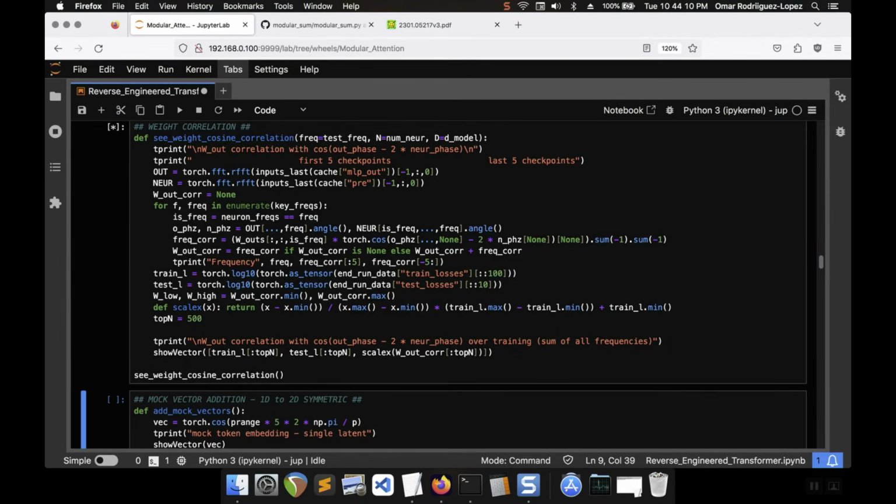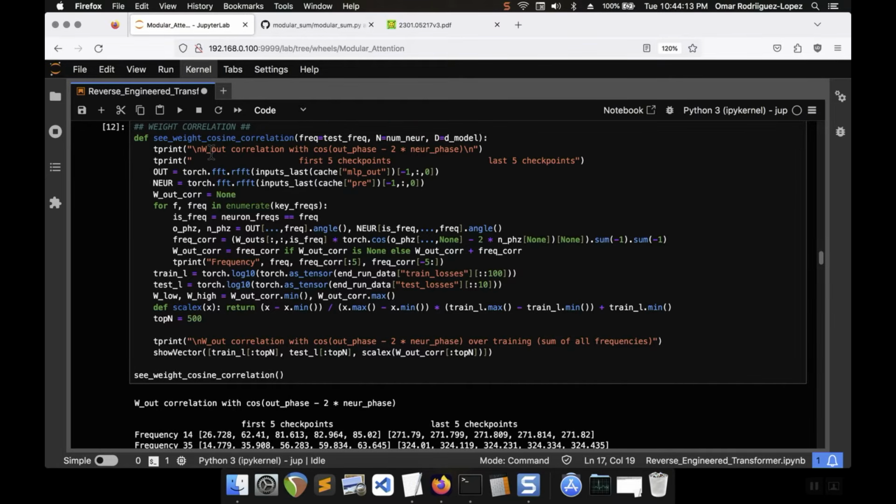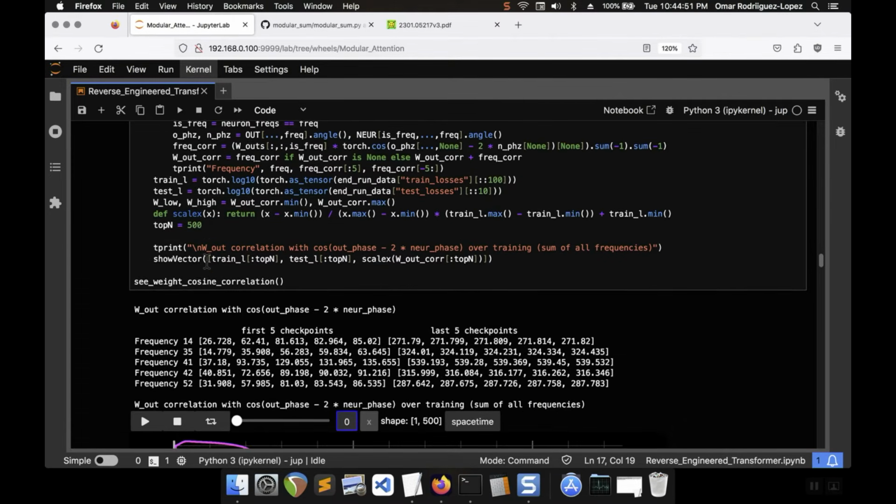Okay, another analysis here. I took every training checkpoint for the W-out weights and went through frequency by frequency and analyzed the output and neuron phases for those frequency neurons. Then I did a correlation with the cosine function with the actual weights. So I took the output phase, neuron phase, and I performed a correlation measurement with the weights. So what you end up with is,